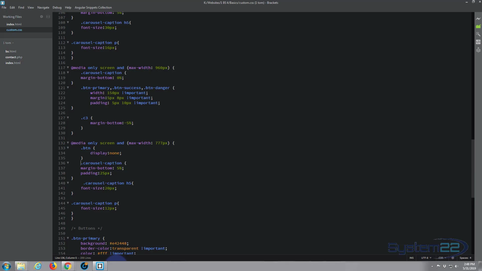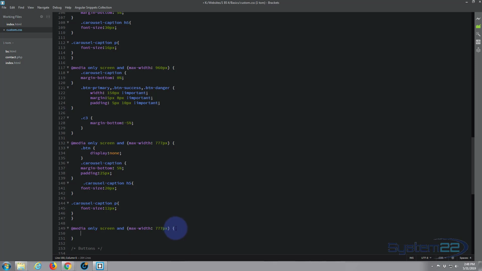I know this is going along a bit, but media queries are pretty important. And it's a good idea to do it. It's a little tedious, but you can achieve some great things by it, and it is really important that your site displays correctly on responsive devices. So let's put our closing curly on there,